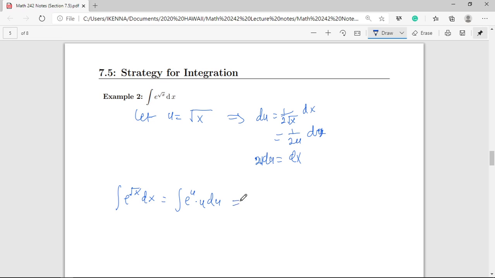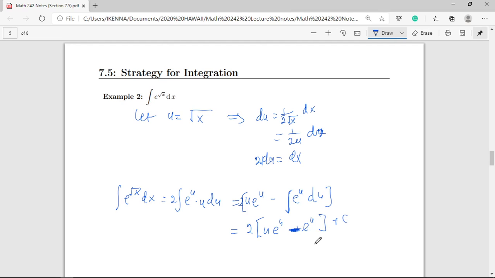Integrating by parts, letting this be my u and this be my dv, I'm going to get u e^u minus the integral of, if I differentiate this I get 1, and this integral e^u du, minus that. However, I think I have 2u here, so I'm going to have 2 here. So this would be 2 times u e^u minus e^u, plus the constant